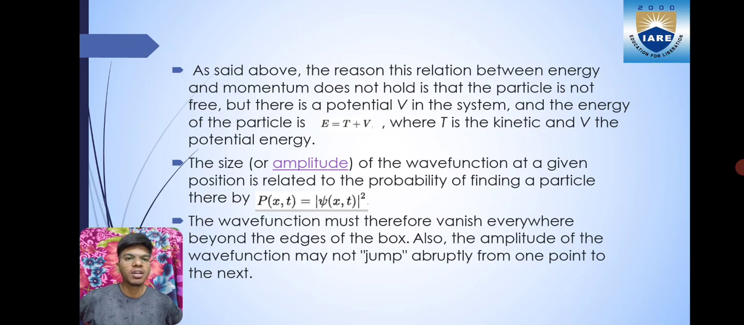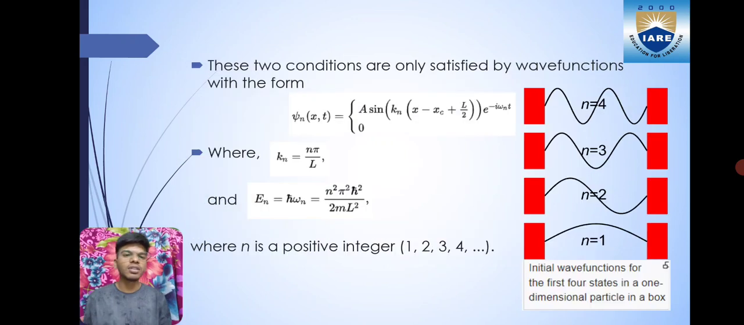The size or amplitude of the wave function at a given position is related to the probability of finding a particle. Thereby, P of x comma t equals modulus psi of x comma t whole squared. The wave function must therefore vanish everywhere beyond the edges of the box. Also, the amplitude of the wave function may not jump abruptly from one point to the next. These two conditions are